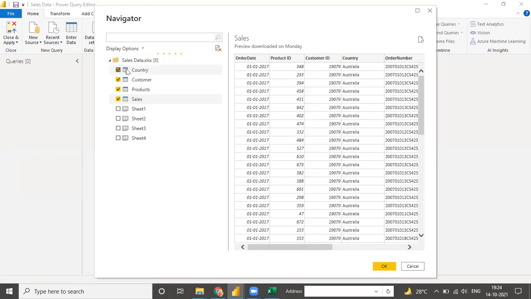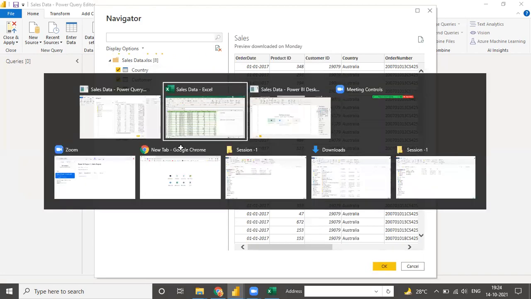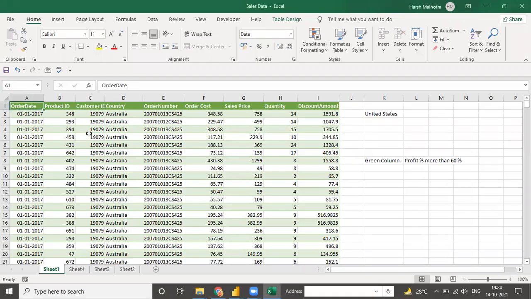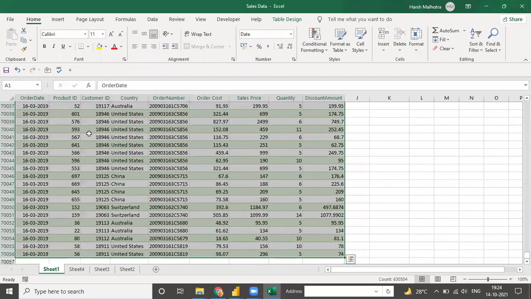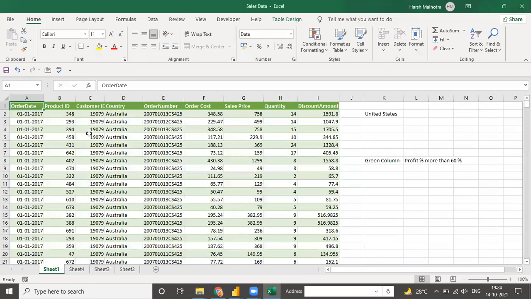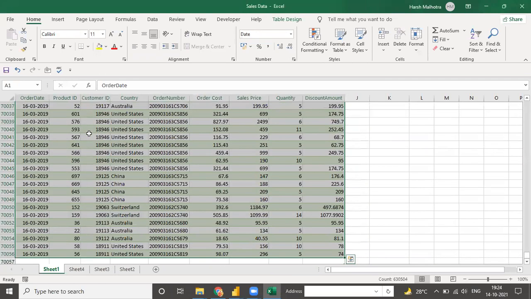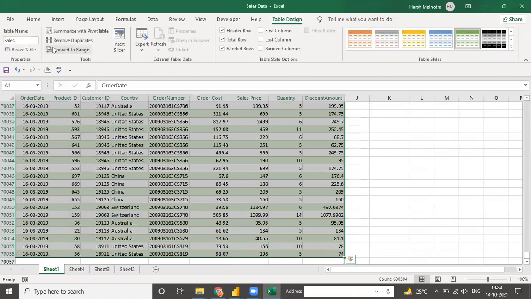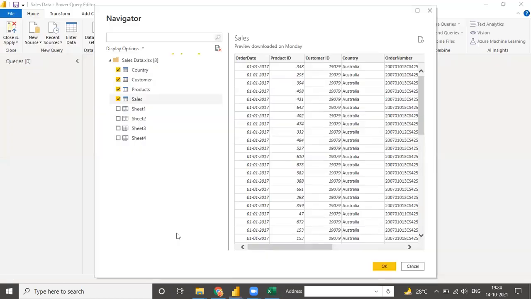The blue mark shows that we have only selected the table, from A2 till I, the complete table. When I go to Excel and select this, and go to Table Design, my table name is Sales Table. So under the sales table, we have data from A2 till I till the end of the row.